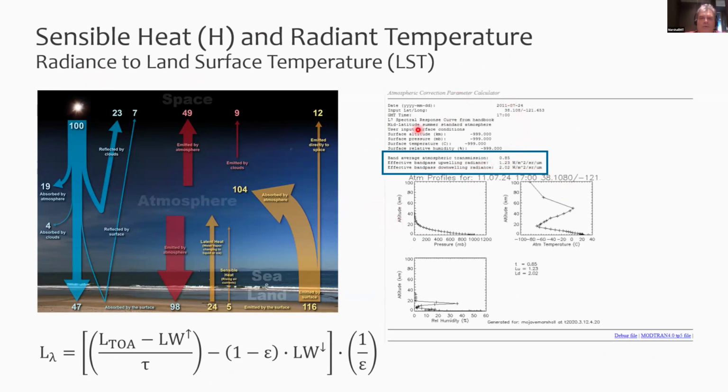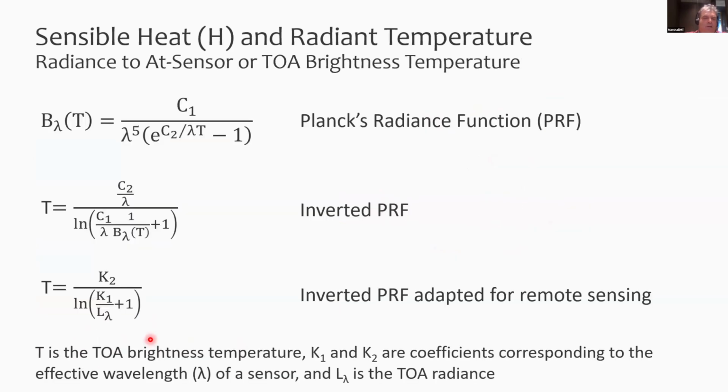This is a nice tool, by the way. It doesn't work anymore, unfortunately, but it produces these measurements anywhere in the globe. It's from a 100 by 100 kilometer climate reanalysis grid, but unfortunately it doesn't work anymore. Anyway, so now basically we have the land surface radiance atmospherically corrected, and we could go back then and use